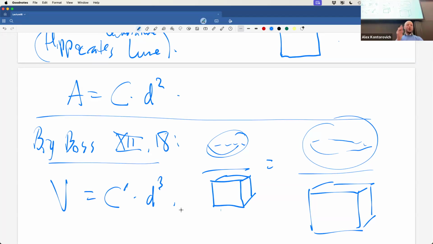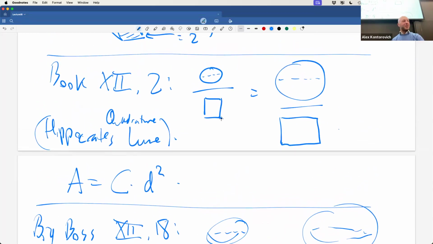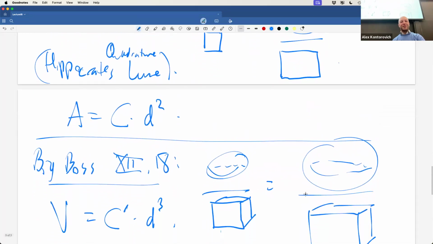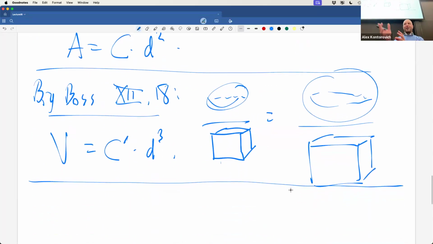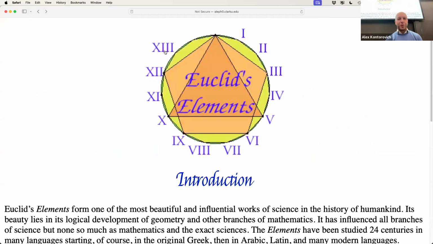So again, this is about the structure of the elements. This is like a beautiful symphony where a theme, he's going to suppress this fact about circles, even though he could have proved it long ago, because he wants to put it where, for him, it logically belongs, which is next to the sphere, next to where he does this for the sphere. We're going to come back to these two also. But that's the big boss in book 12.